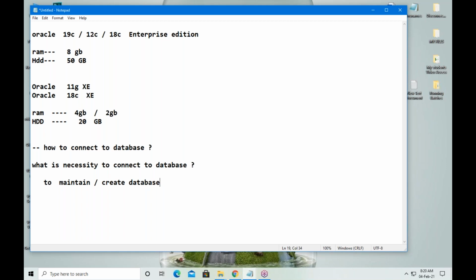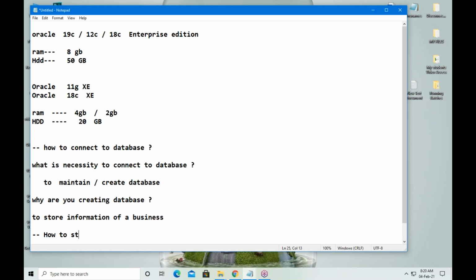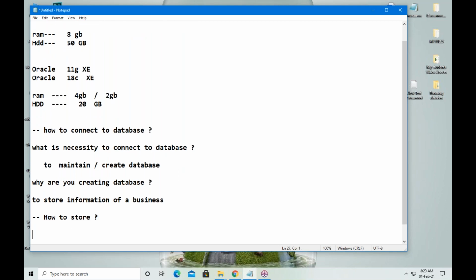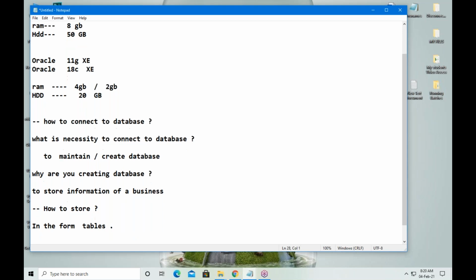So why are you creating database? To store information of a business. Okay, how to store? In the form of tables.